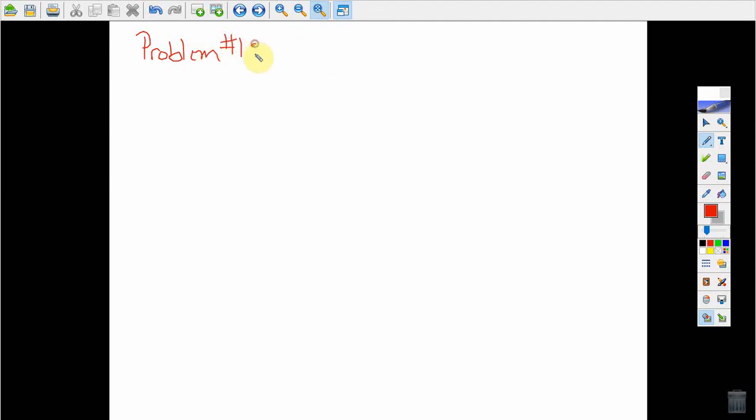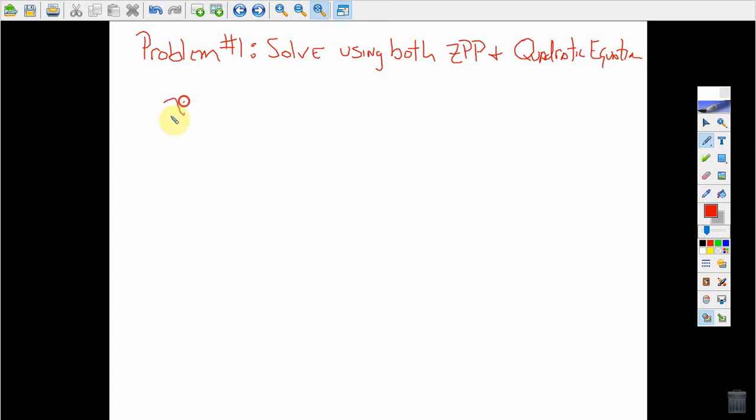And I want you to solve this using 2 methods, both the zero product property and the quadratic equation. So our problem is going to be x squared plus 4x minus 21 equals 0. Show me both methods, guys. Show me that they both